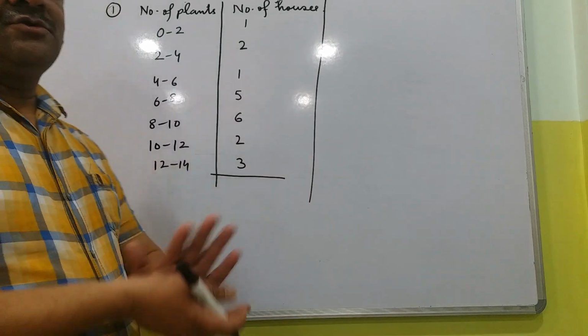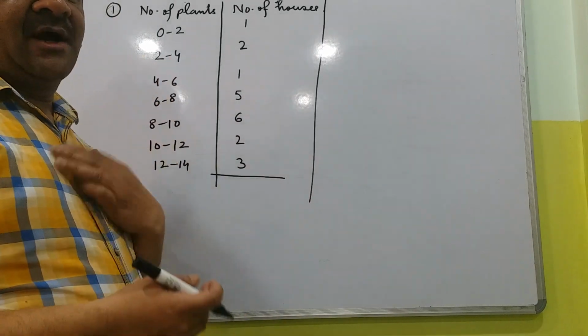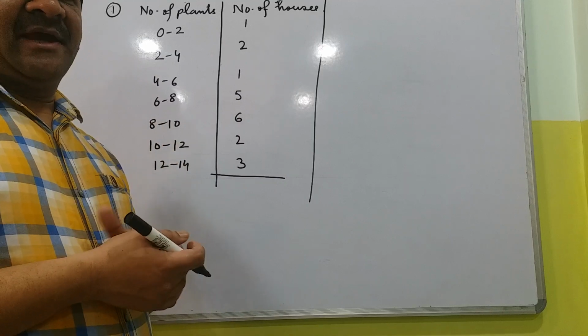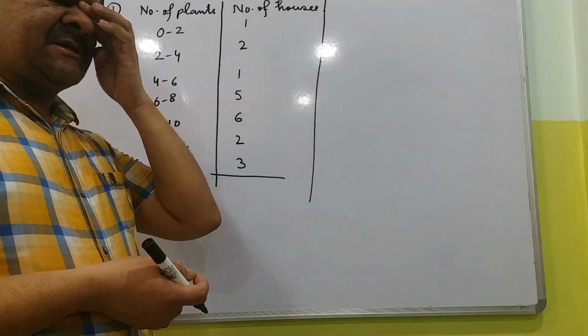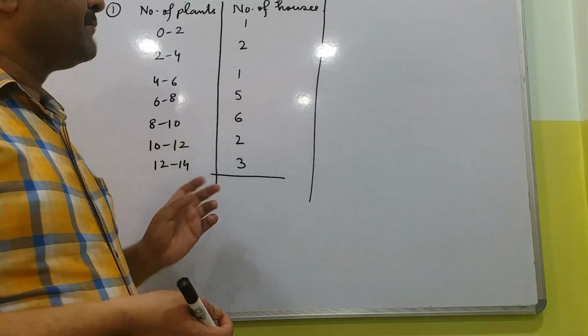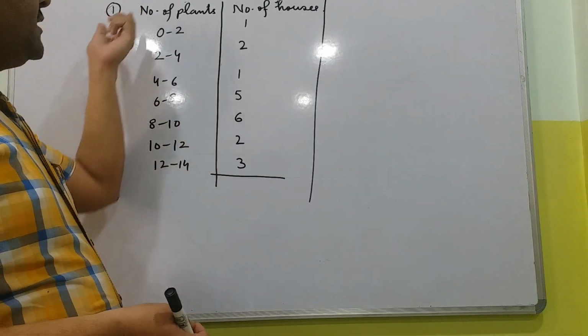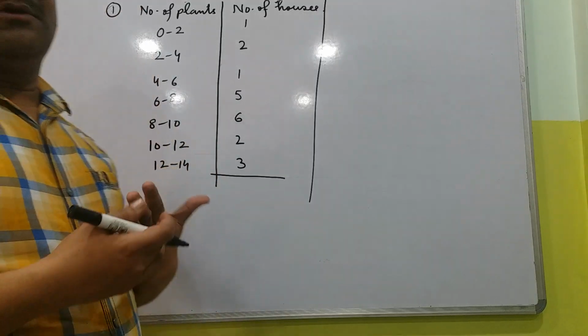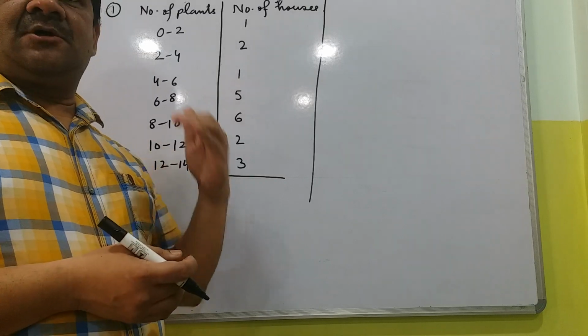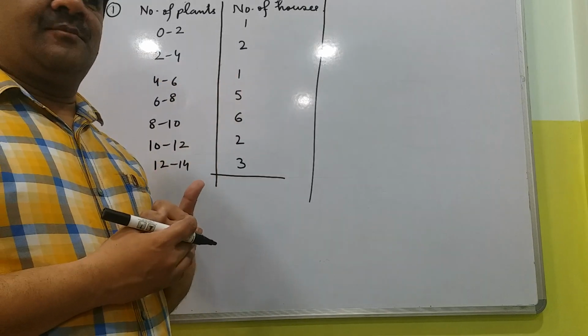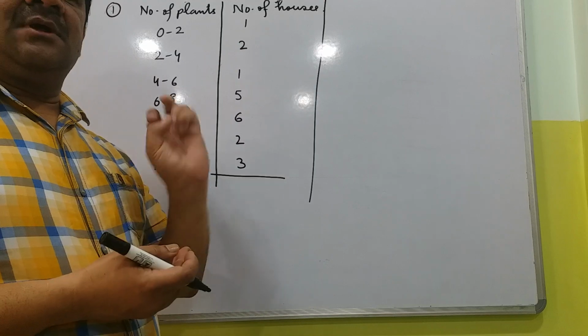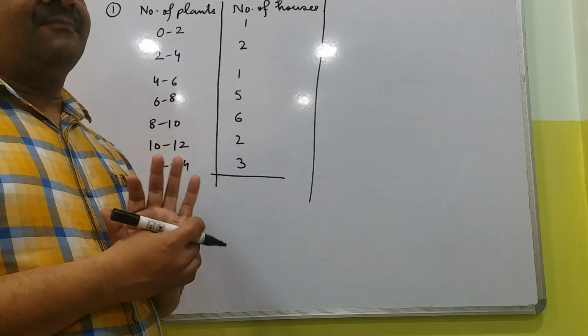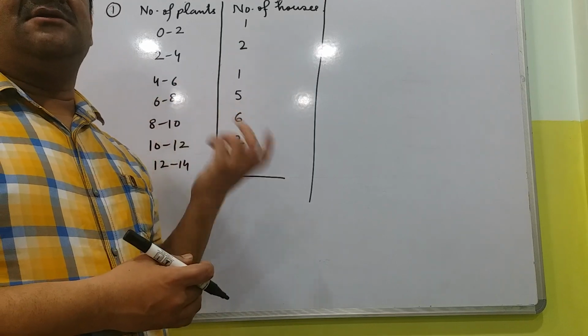Good morning, friends. Today we are going to start the second way of calculating central tendency, that is mean. Till last year, you know about the mean. Mean is the total sum of all observations over the number of observations. Till ninth class, you have done the same. In ninth class, you had done it in another way.